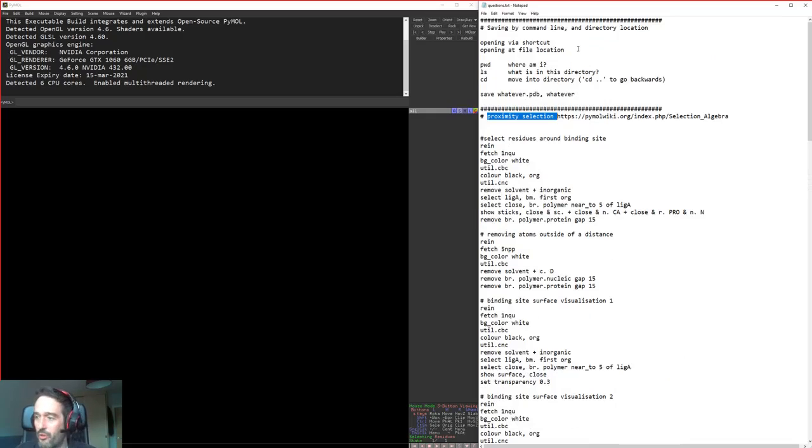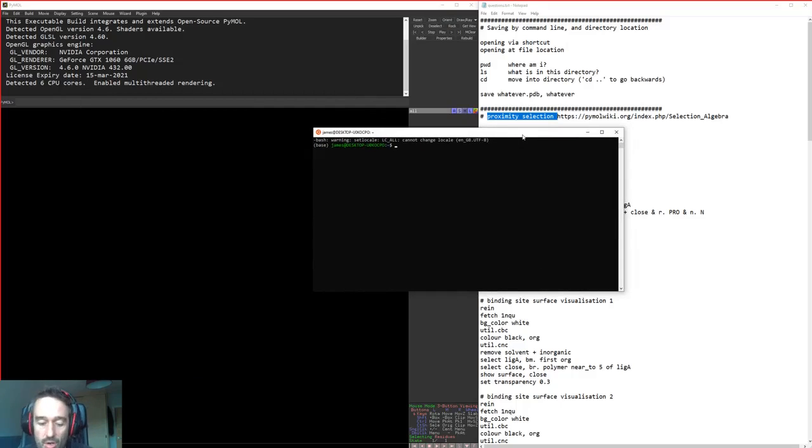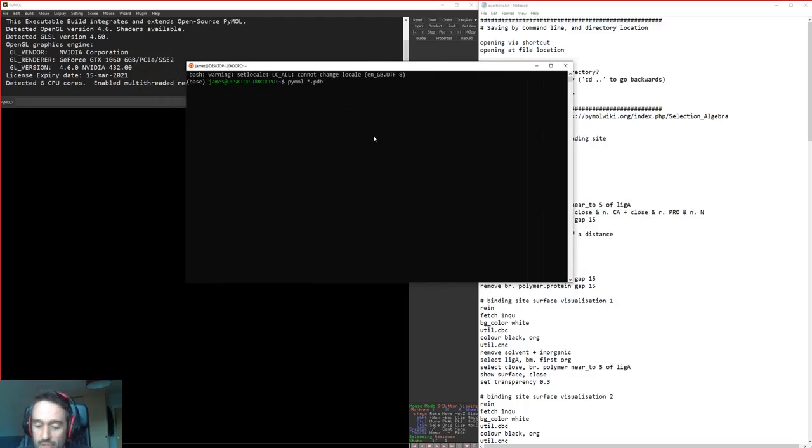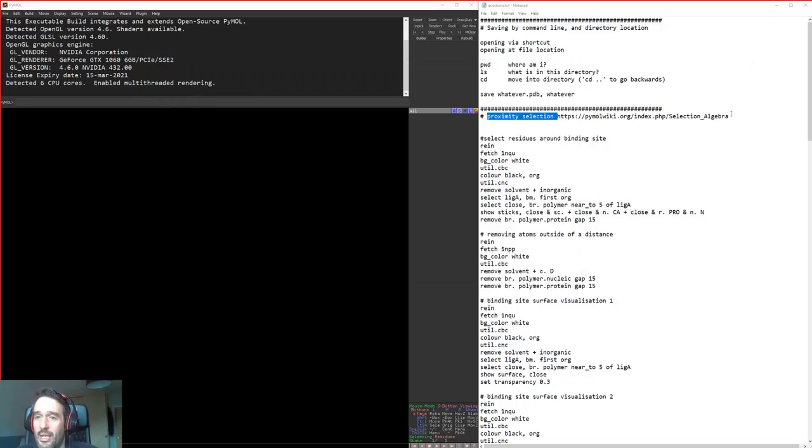Now if you're on a Mac or if you're on a Linux, for example, if you have a file that contains many different PDBs, you can open those PDBs simultaneously quite easily, and that would just be by typing something along the lines of your PyMOL command and then star.pdb. If you're on Windows, of course, you can just drag multiple PDBs into your open PyMOL session. So that's quite possible. If you open PyMOL from a directory in which you've double-clicked on your PDB of interest, and then PyMOL opens up, that means that